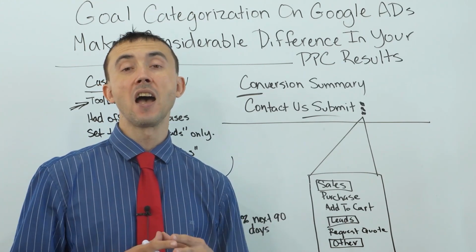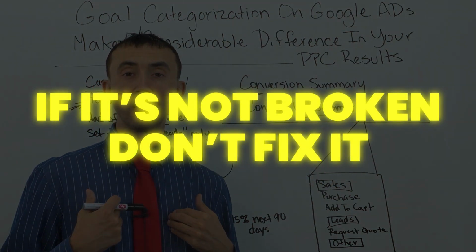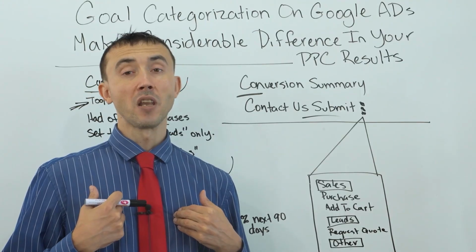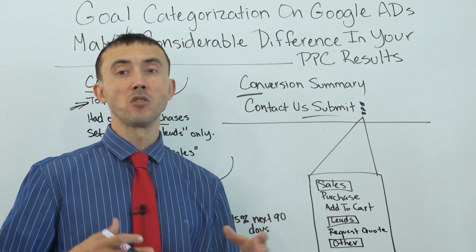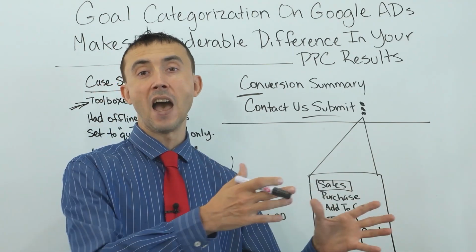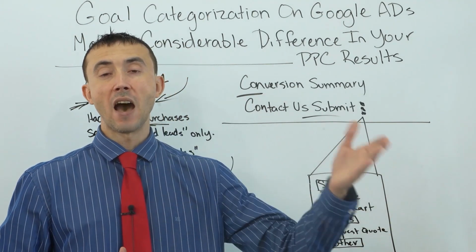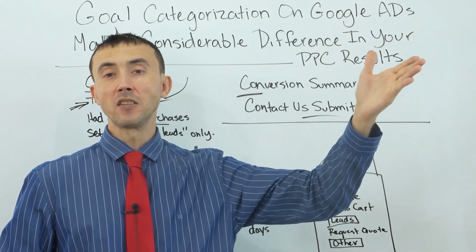But at the same time, I always follow the philosophy, if it's not broken, don't fix it. So if a client's making money already, we'll set up new goals that we want to track with the right categorization, but we're not going to switch the goals automatically to the new goal setting until we're already flat in terms of our revenue growth. If the sales are already going up on their own, it's not broken, don't fix it, we're going to leave